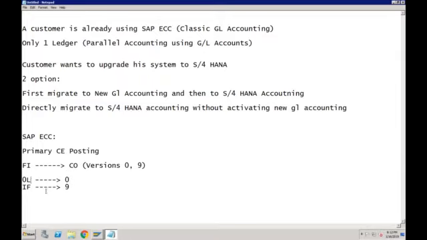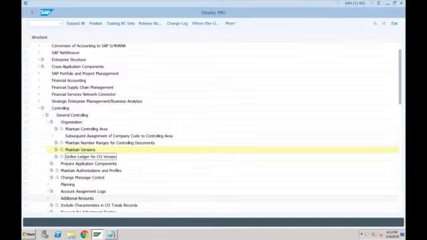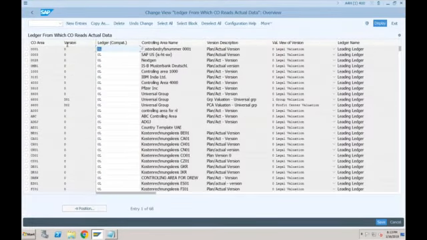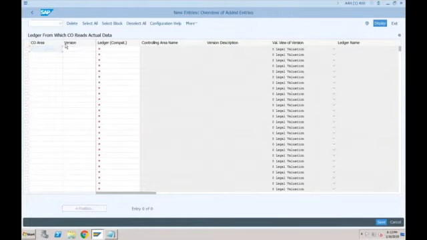Okay, but now since this is possible, the system is asking which ledger should post to which CO version. So at least one entry is mandatory here, that is your leading ledger. If I click on new entry, for controlling area SF01, version 0 of CO will take the values from leading ledger, that is 0L.